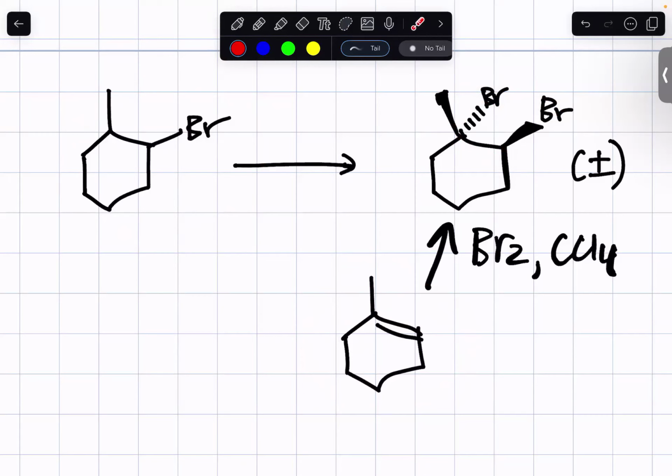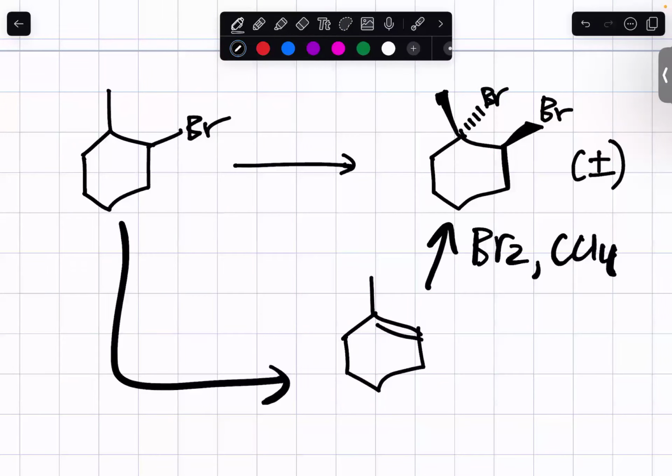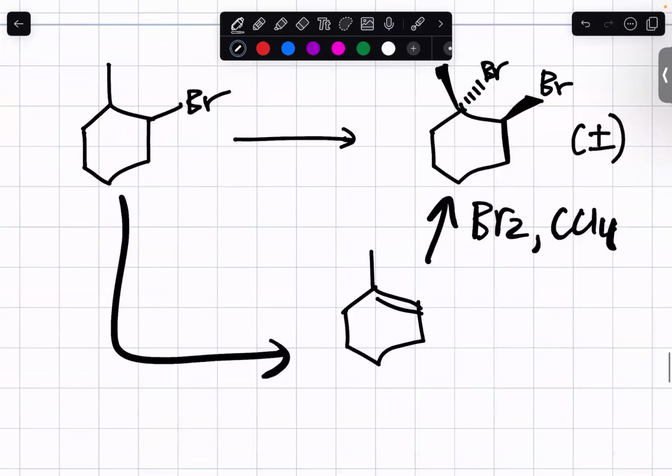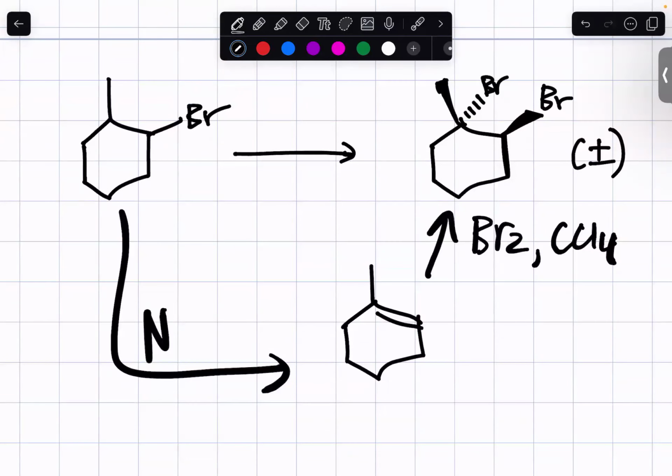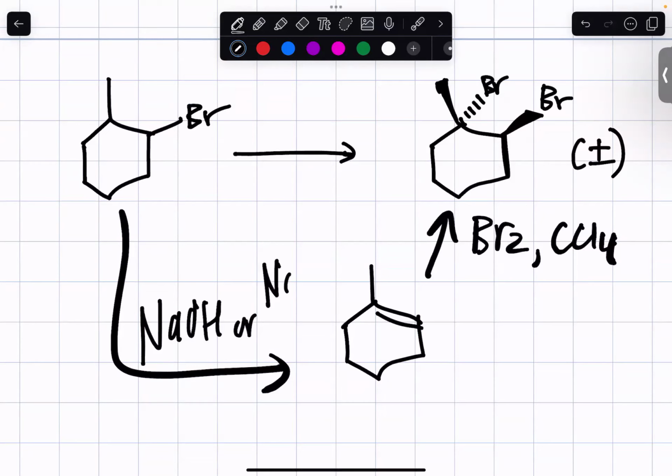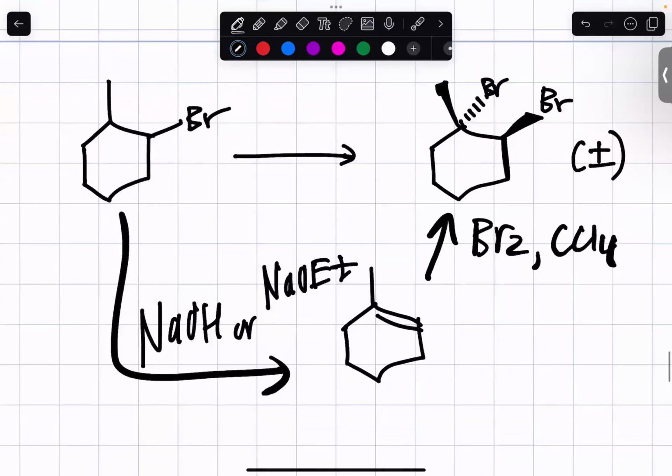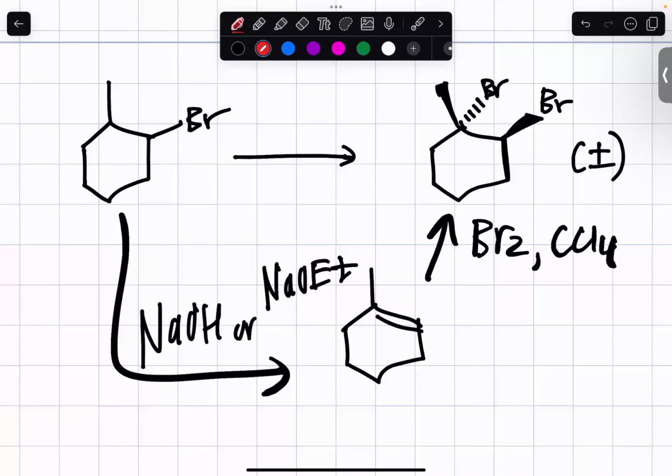Strong base, strong nucleophile. Yeah, that's right. And what kind of strong base, strong nucleophile do you want to use? An unhindered one or a hindered one? Unhindered, right? Yeah, unhindered, that's right. So it could either be like NaOH or NaOEt, like any small strong base, because we want to do an E2 reaction,